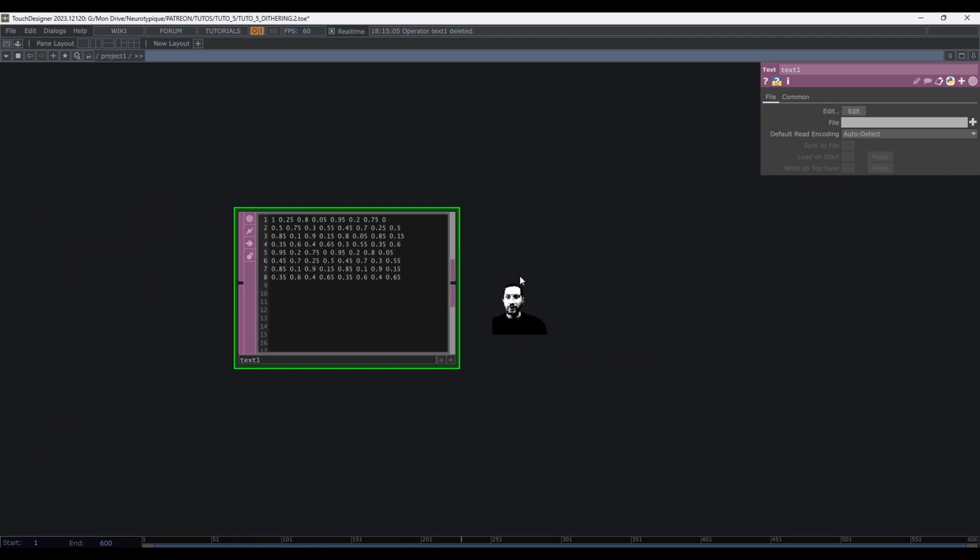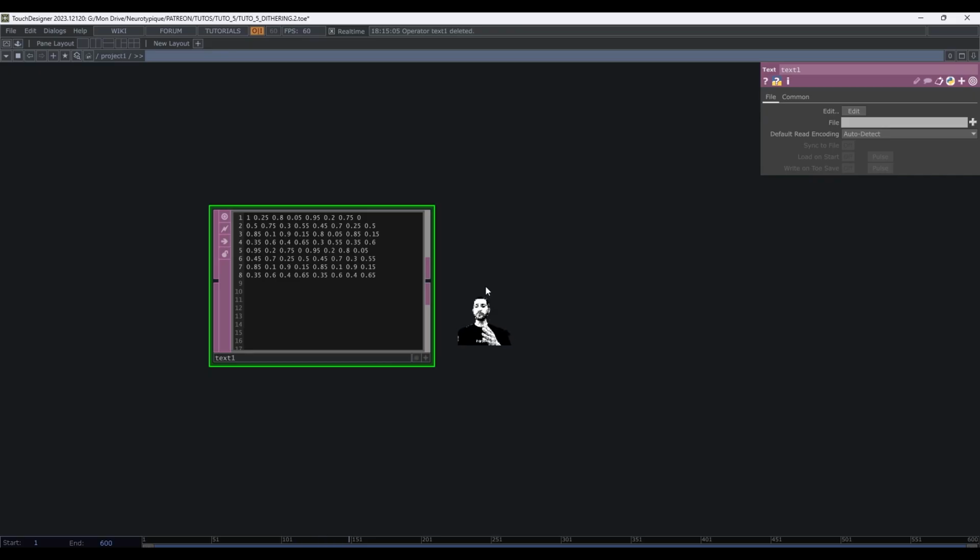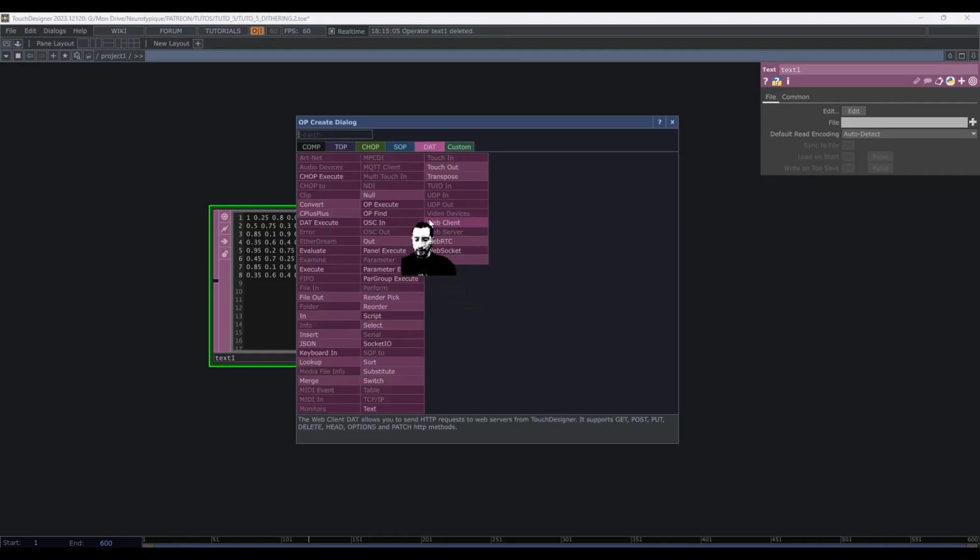This is like you have all the information for the Bayer matrix here. We just need to transform it from this text into an image. For TouchDesigner, it's not a big deal because TouchDesigner just sees everything as data, and then it's for you to tell this is an image, this is a sound. So let's transform this into a table with a convert DAT.